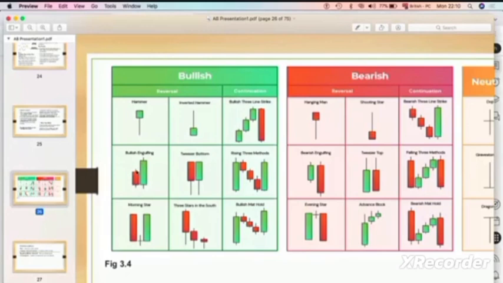Now imagine that there is a pullback level, and you have this type of candlesticks that formed. You know that there is a high probability of continuation in that direction, that you already spotted your trend,